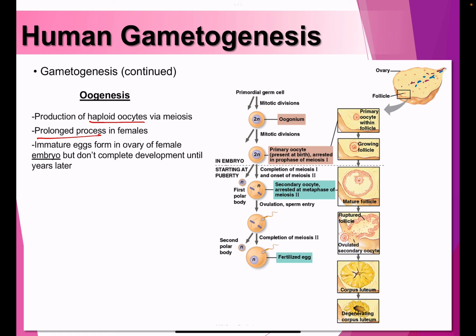So this female baby as an embryo has already started to form all the eggs she will ever ovulate in her entire life. Okay, so that's something very different between females and males. Males don't start producing sperm until they reach puberty. Females already have all the eggs inside the uterus, inside the body, from the moment the baby is formed